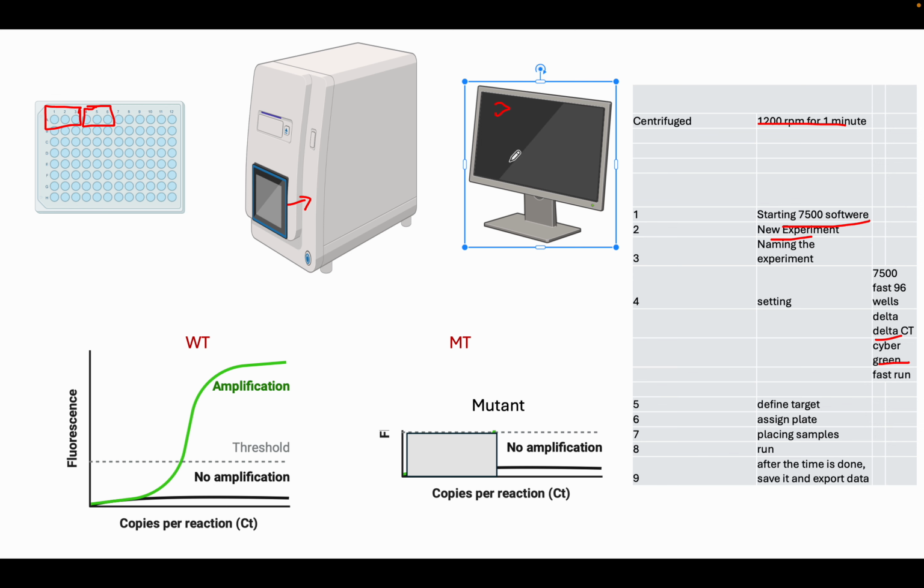That's also a great technique, but I usually use SYBR Green, and then I will select fast run because it will be completed within 45 minutes. In slow run, it will take 2 hours. Then I will define my target. Defining target means I will write here that these first three wells have wild type DNA, and the 4 to 6 have mutant, the complementary DNA from the mutant sample,